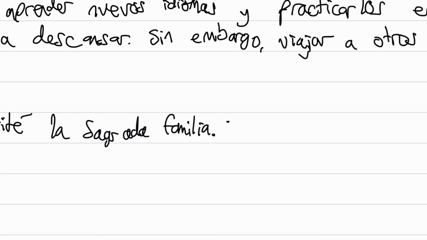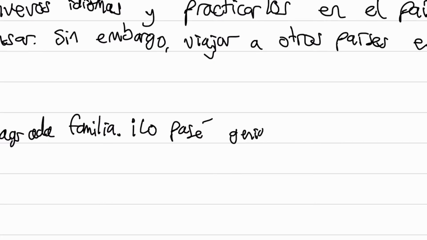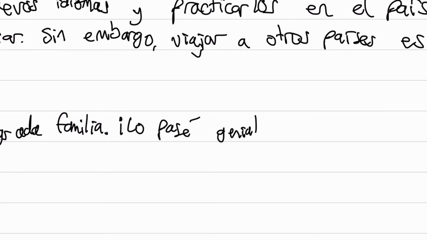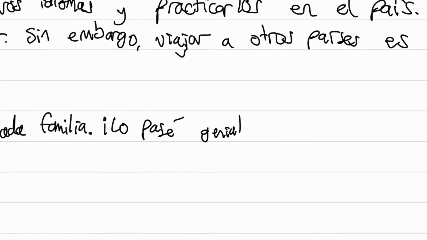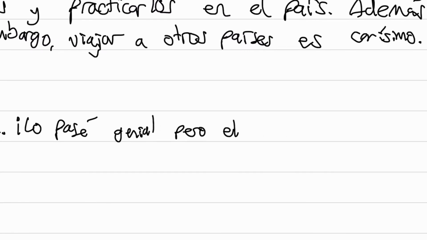I had a great time. Let's say lo pasé. Have I said my family? No, I went on my own. So lo pasé genial. It's also a good idea, specifically in the travel topic, there's a section actually in the knowledge organizer that I always talk about. I'll link it in the description, about negatives about your holiday and things that went wrong. So I'm going to say lo pasé genial, pero el, like any day, the first day for example, el primer día,